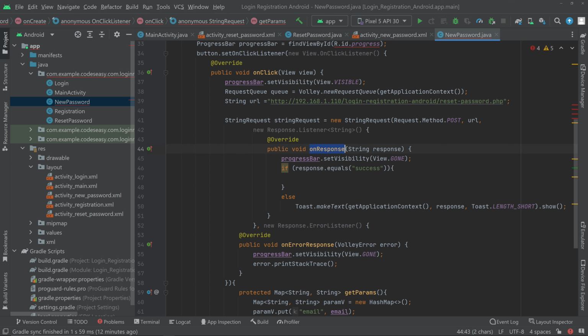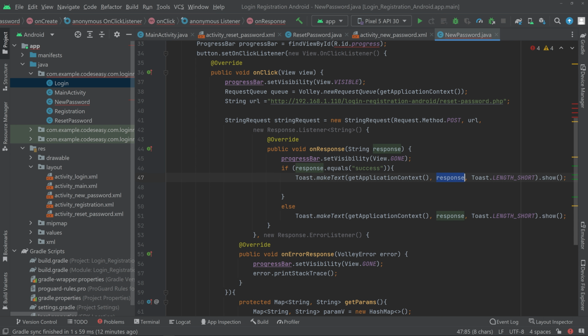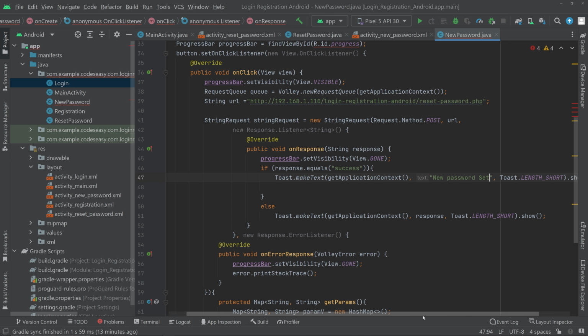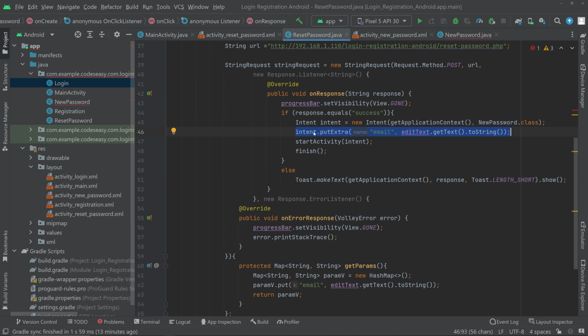We also have the onResponse part, we just forgot that. So if the response variable is success, we can show a toast message, and also we can open the login activity. Since we are also having the login activity in this project, we'll be opening that also. So for the toast, we can just copy this, paste it here, change the message, something like password has been reset, or new password set. And we have to copy the intent from here and paste it here,